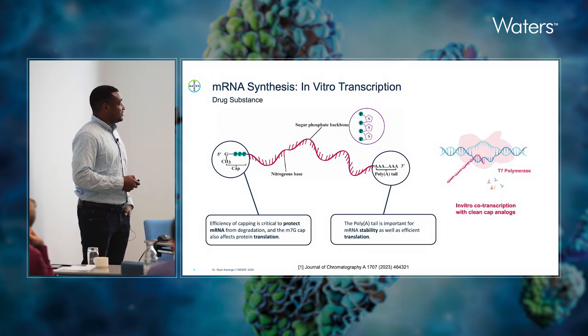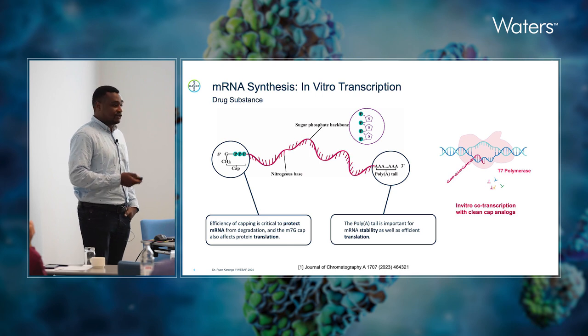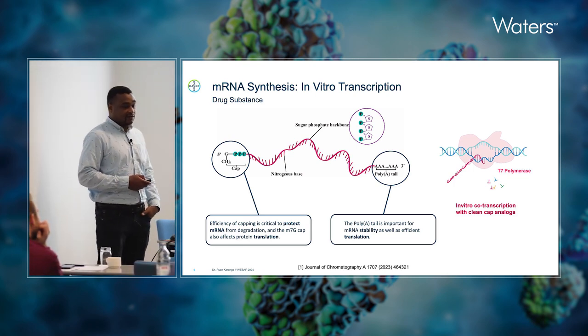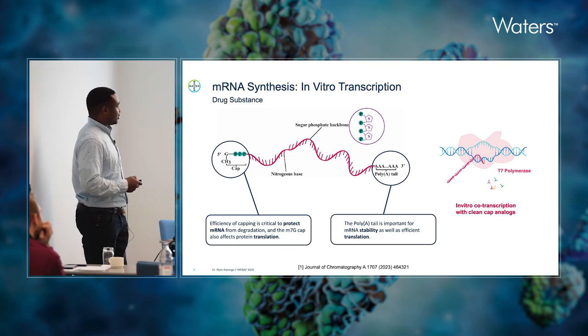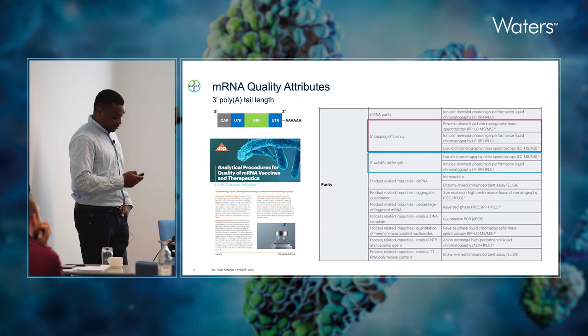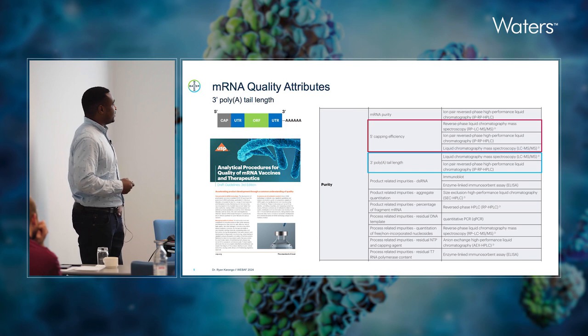So if we look at the synthesis process of the mRNAs, there are two different synthetic processes. One is a multi-enzyme method, which had also been presented earlier. But in-house, we perform co-transcription with clean caps. And also this reduces the amount of, let's say, non-cap structures which are expected. We get our quality attributes from guidelines. There are many out there. I've removed the USP guideline, which, as you had seen before, contains the capping efficiency and the poly-A tail length.